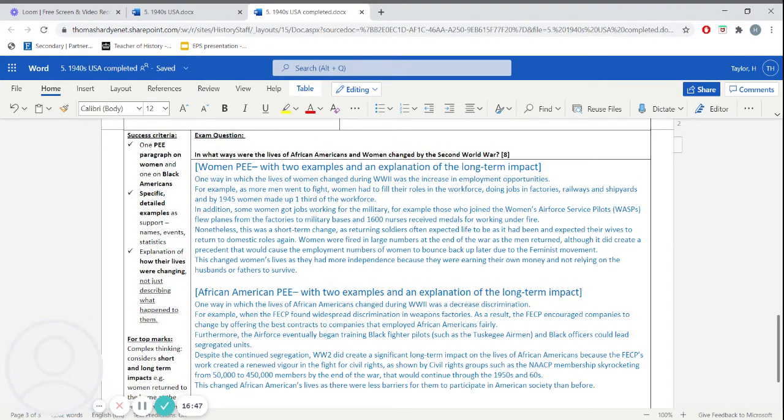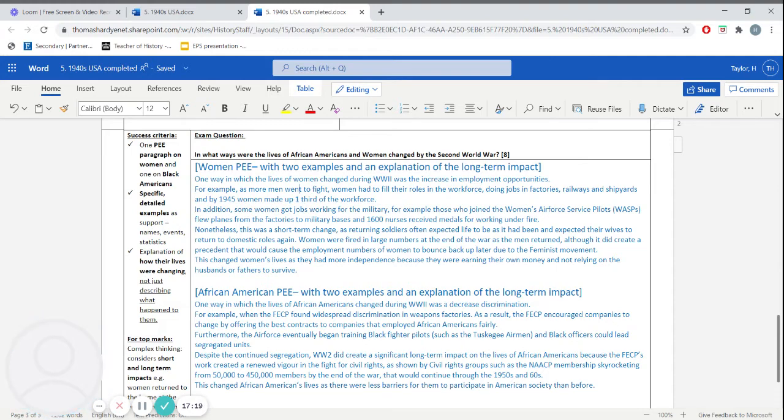So nonetheless, this was a short-term change, as returning soldiers often expected life to be as it had been before the war, and expected their wives to return to domestic roles again. Women were fired in large numbers at the end of the war as the men returned, although it did create a precedent that would cause employment numbers of women to bounce back up later due to the feminist movement. This changed women's lives as they were more independent because they were earning their own money and not relying on